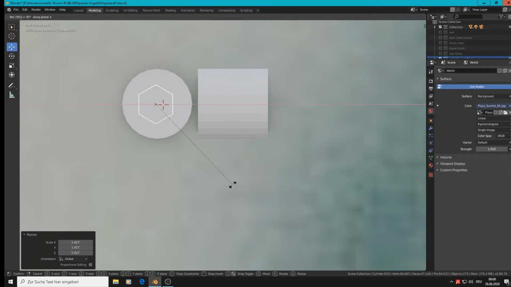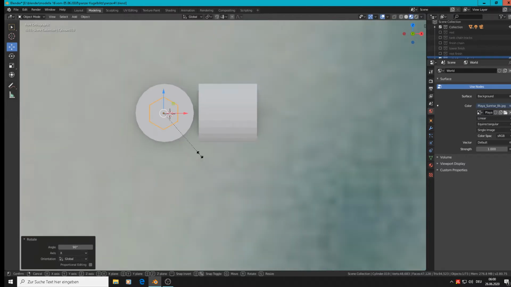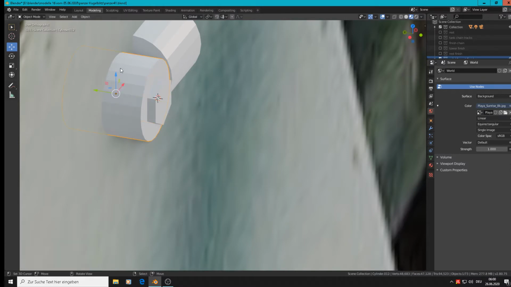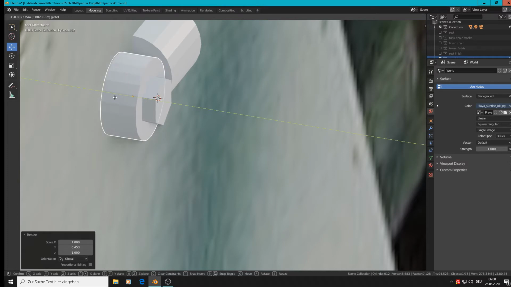Rotate X 90 degrees. Done. Scale a little, grab a little, and scale Y. That one must be scaled Y2, and it needs a smooth,